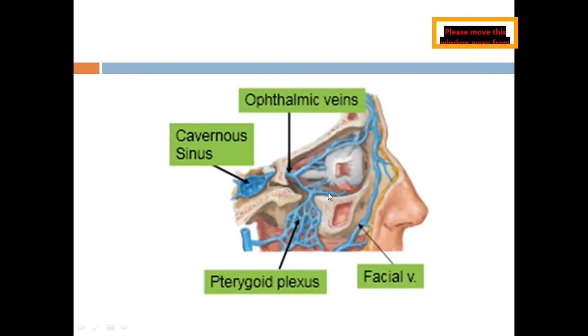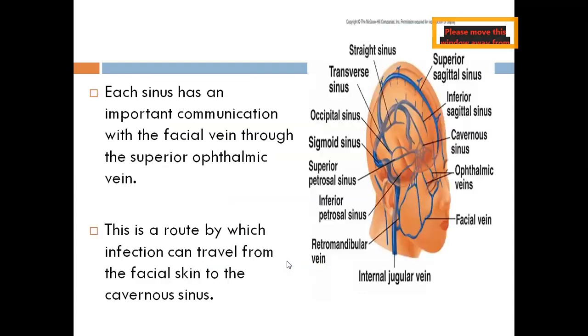We know the cavernous sinus is connected through the pterygoid plexus of veins via emissary veins, like we are seeing it has got connection with the cavernous sinus. That is through the dangerous area of the face. If you recollect the face lecture, the facial vein, through the deep facial vein, pterygoid venous plexus, via the inferior ophthalmic vein, is connected to the cavernous sinus. Hence, any infection in the dangerous area of the face will spread to the cavernous sinus, leading to cavernous thrombosis, that is, the clot of blood inside the cavernous sinus. That's how the question will be framed.